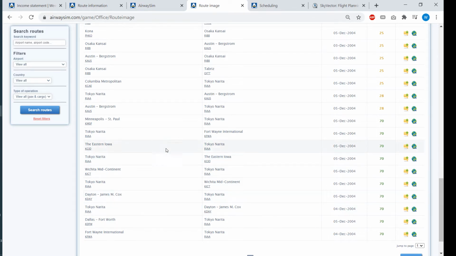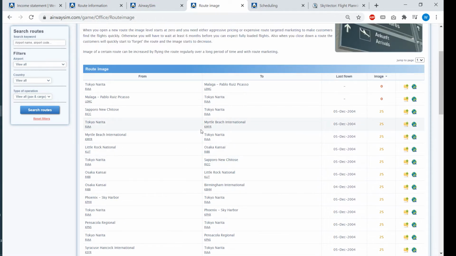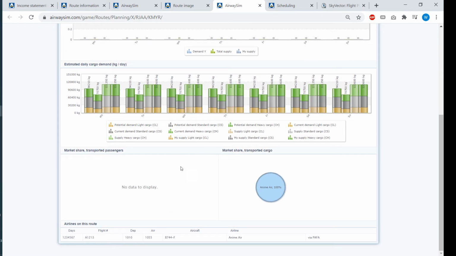If we take a look at the effect it has on profitability, it's quite significant. Let's take a route like this, Myrtle Beach. It has good demand, 70,000, and good supply. You'd expect me to be carrying a good amount of this cargo, 70,000 kilograms. But if we take a look at the flight number here,